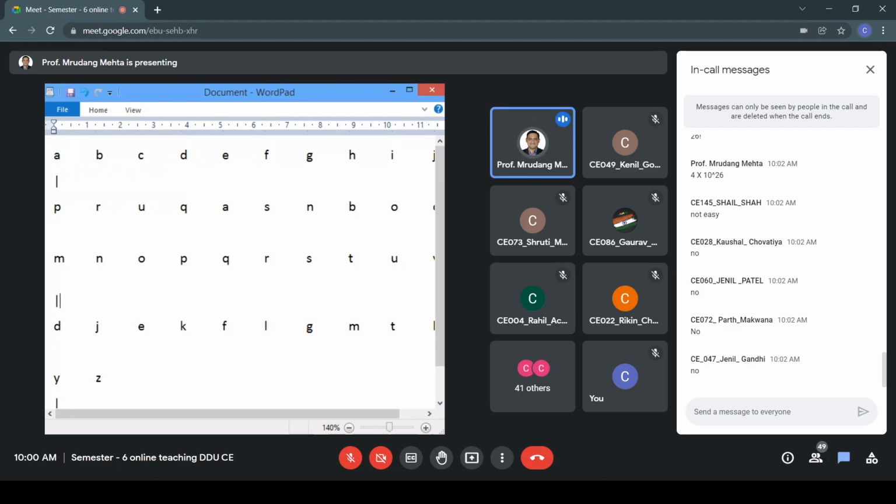correct key, right? And that is the second objective of today's lab, that is to implement the monoalphabetic substitution cipher. For that, you have to take one static mapping, just like I showed you in this text file.